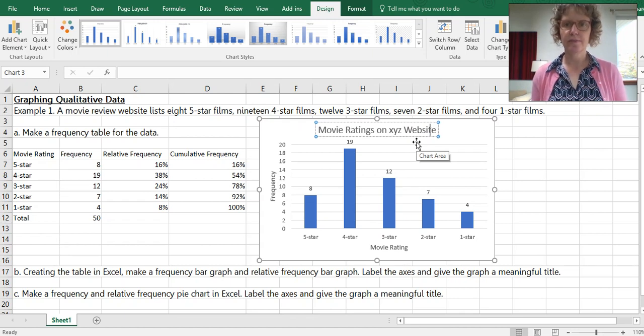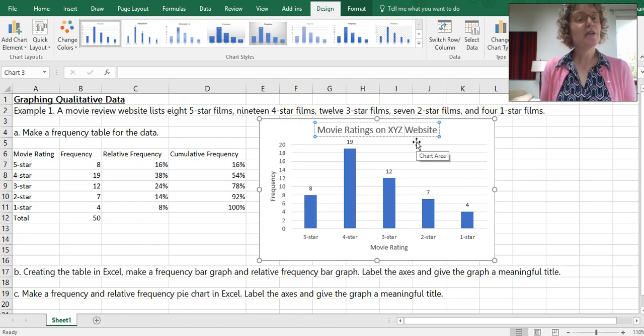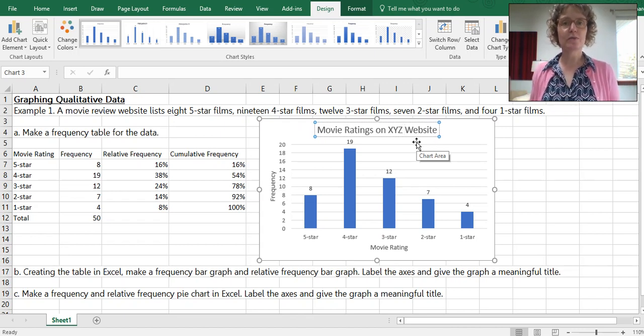Website. Capitalize it. This could be interesting because what if there were 2 different websites and one website had a lot more movies that had higher ratings than the other one? You could see a graph and you could compare and say, oh, this website has a lot harsher rating system than the other one.